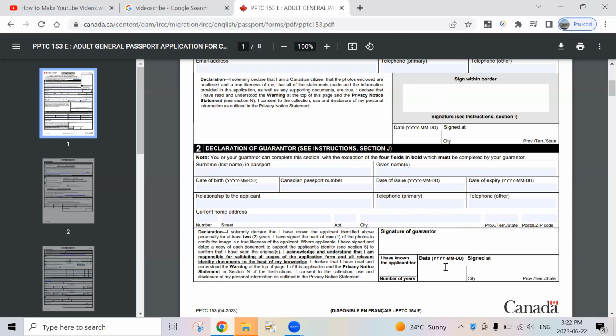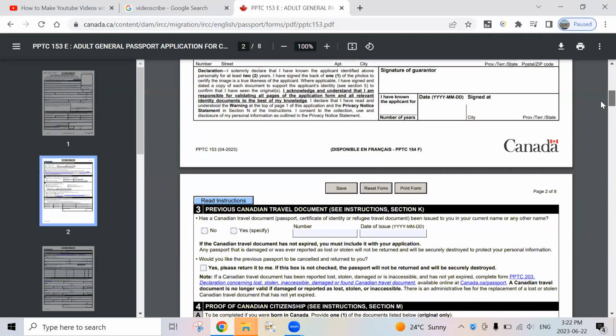If the guarantor signs before you sign the application, it can be considered a red flag and your application can be delayed. So the guarantor always has to sign the application after you have filled in all of it. So when you are filling in the second declaration of the guarantor, after that, let's move to the second page